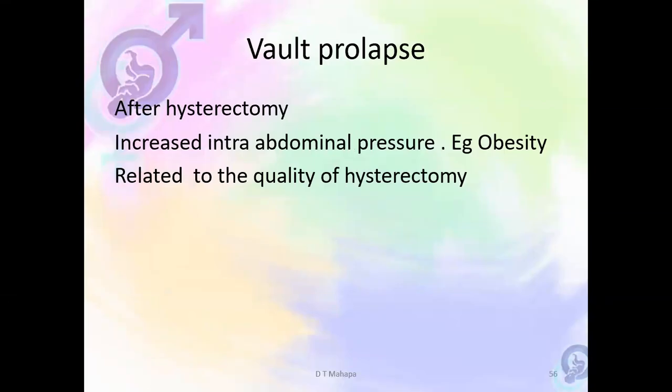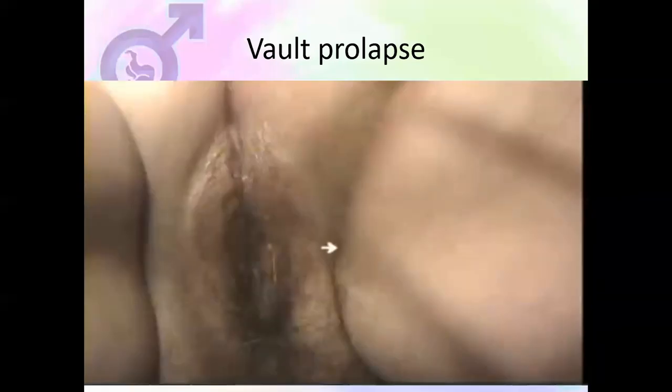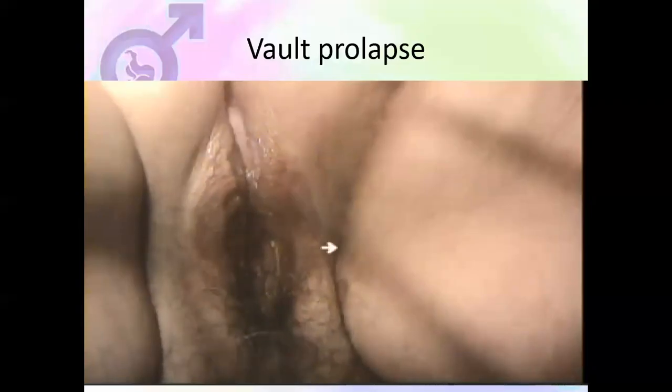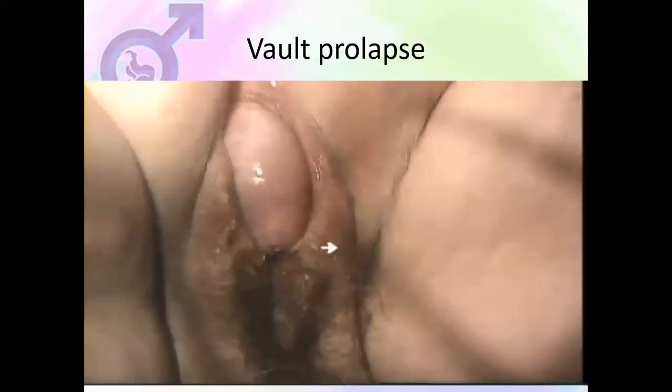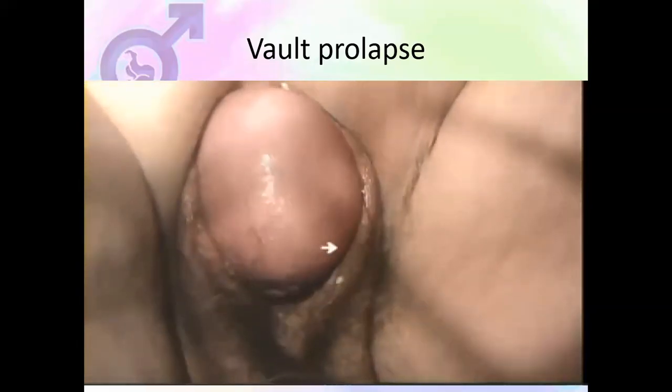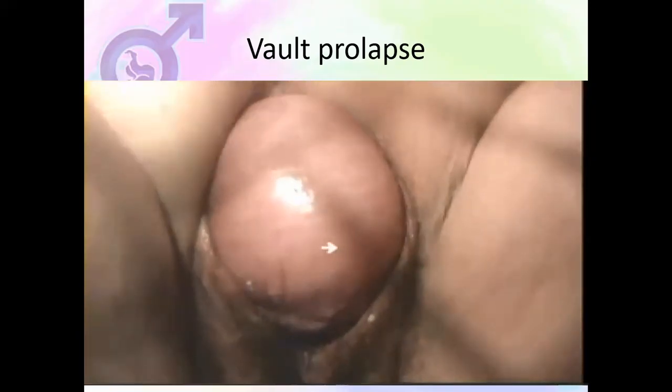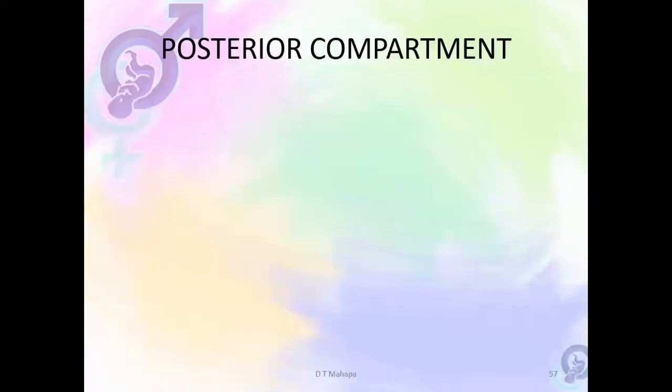And there's this myth that if you have removed a uterus, you won't have a uterine prolapse. I've said that most especially people who are obese, even if they had hysterectomy, the vagina can come upside down into a condition called vault prolapse, depending on how the hysterectomy was done and how your tissues are. Some people have very soft tissues, so that even if you do a hysterectomy, sometimes in their lifetime the vagina is going to come upside down, like you take a pocket out. It's going to come like that. That's vault prolapse, which can also be repaired if it does happen.